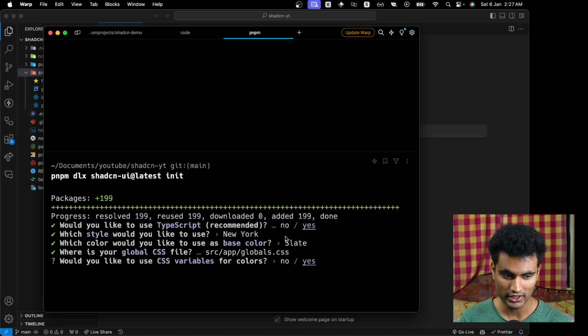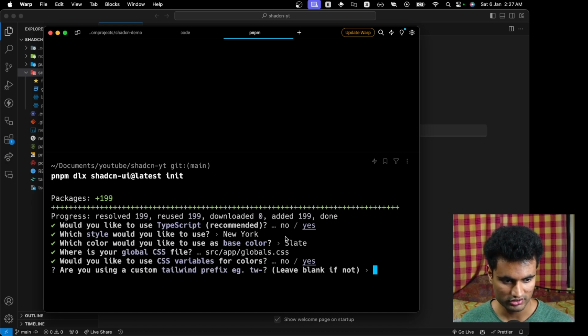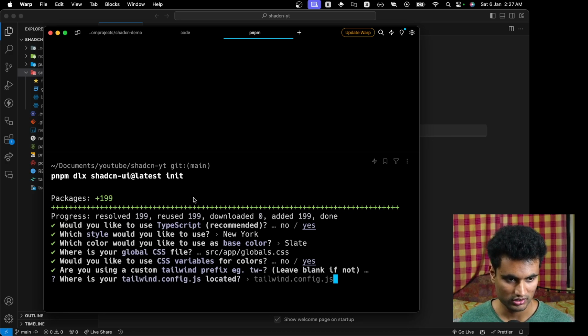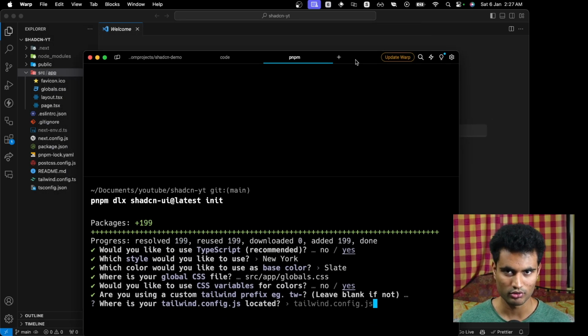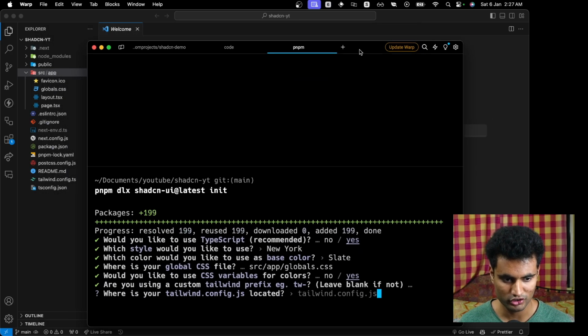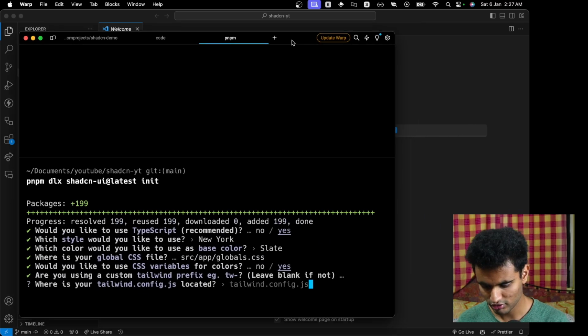Do you like to use CSS variables for colors? I would recommend setting this to yes, because we will use this later to set the theme for our application using the theme editor which I just showed you on the documentation. So let's click on yes. We do not want any custom Tailwind prefix. Where is your tailwind.config.js located? And again, this is not a JavaScript project, this is a TypeScript project. So we have a tailwind.config.ts. So we are going to say